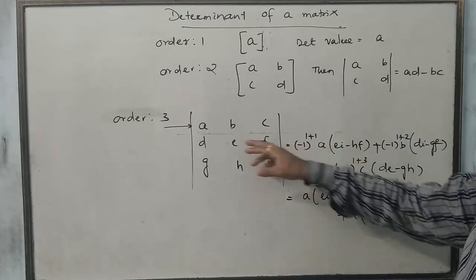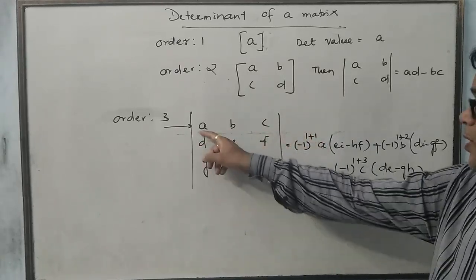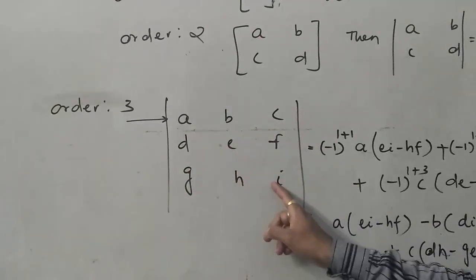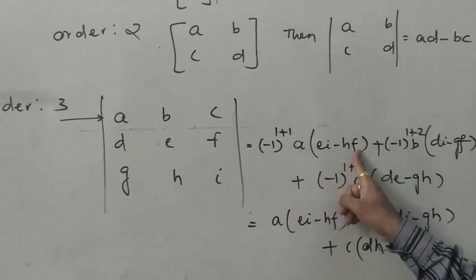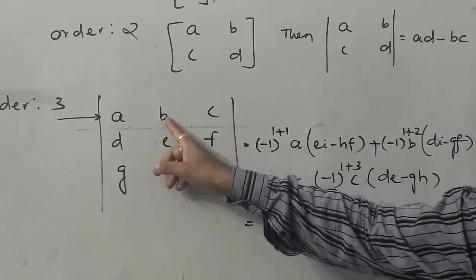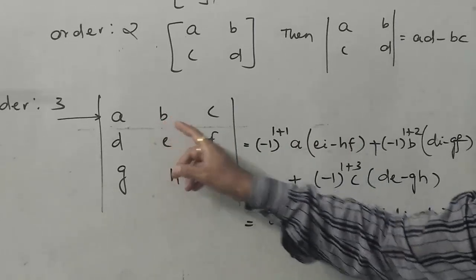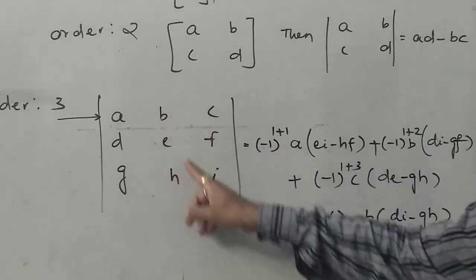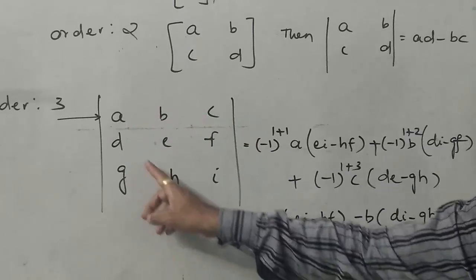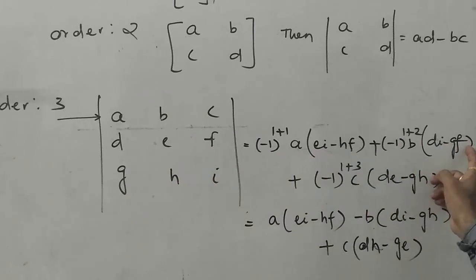and when you have got the sign, thereafter we'll check what is the value of the 2 by 2 determinant here. E F H I, so E I minus H F. Similarly, here would be minus 1 to the power of, this belongs to first row and second column. So minus 1 to the power of 1 plus 2 into B. First row, second column will be eliminated. D I minus G F.